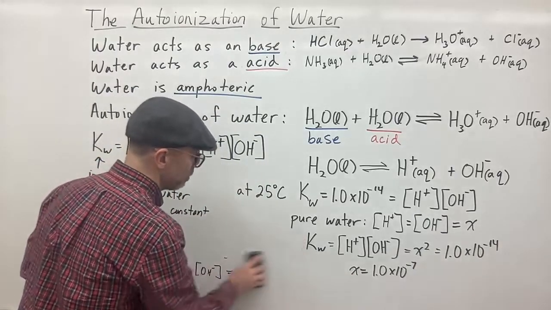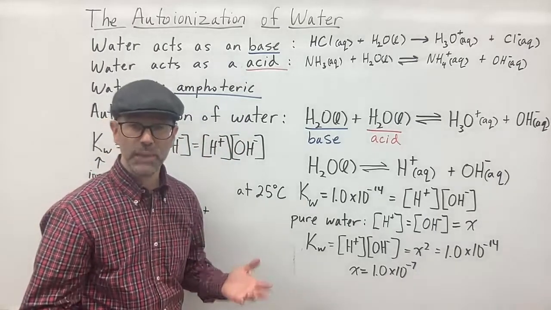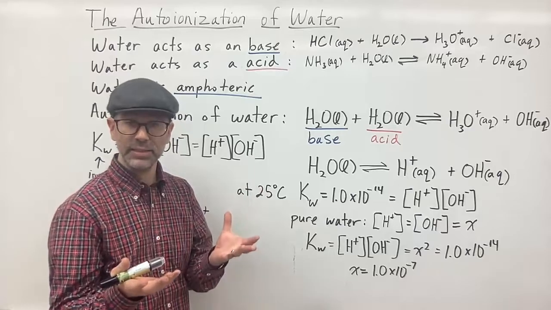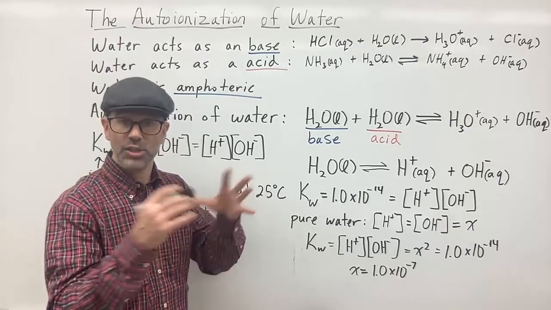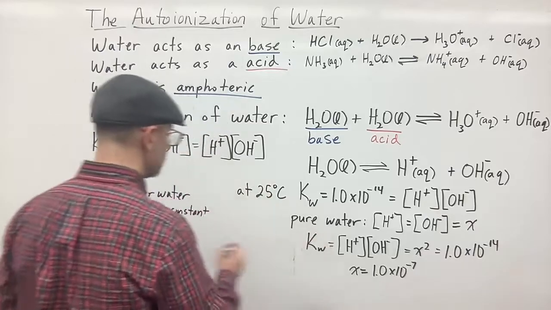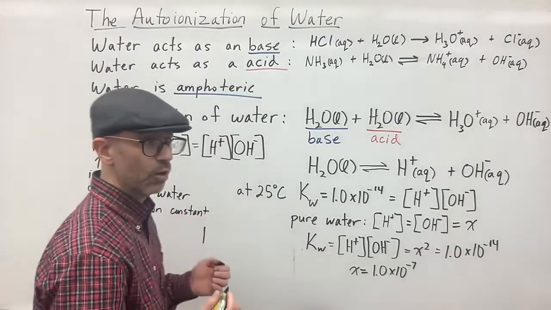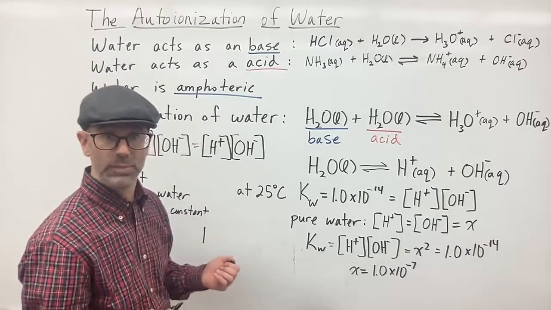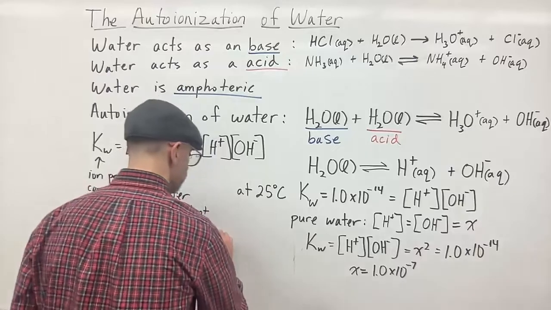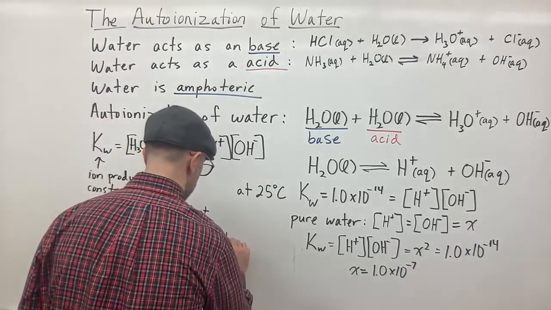Let's say we put some base in there, we increase the amount of OH minus, right? OH minus is a base. So we increase the amount of OH minus in our solution. So what happens there? Let's say we have 1.0 times 10 to the negative 2 OH minus concentration. So if we have Kw, that again is equal to 1.0